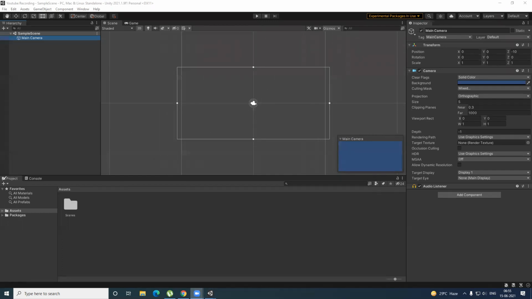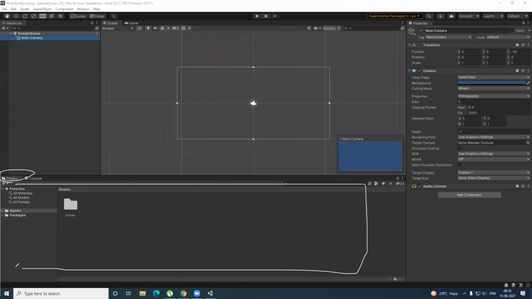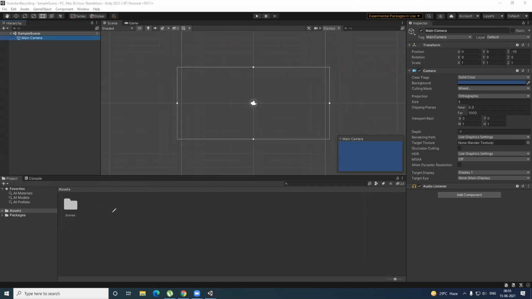Then we have the project window. This is where all the stuff goes in. Let's suppose I have multiple levels, so they all go in the scenes folder. I'll make another folder for my scripts, where all the coding will go. Let's say I have some colors to give, so that will go in another folder. Scripts is basically nothing but the coding part. There are many more things that go inside that are very term specific and will come once we discuss them. This is the basic view of the Unity Game Engine.